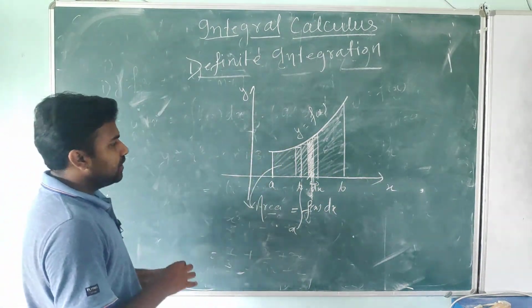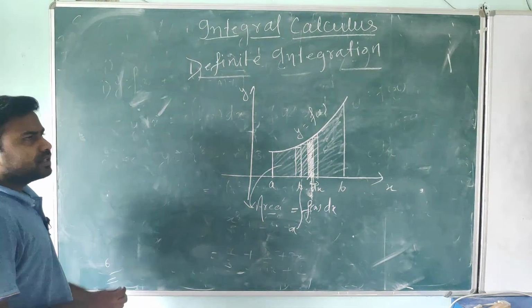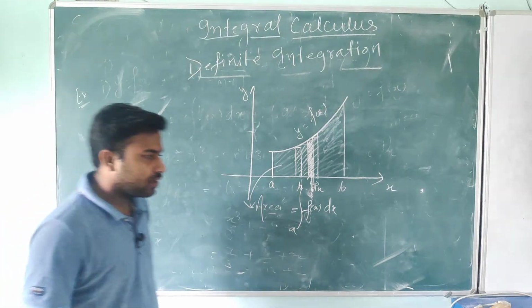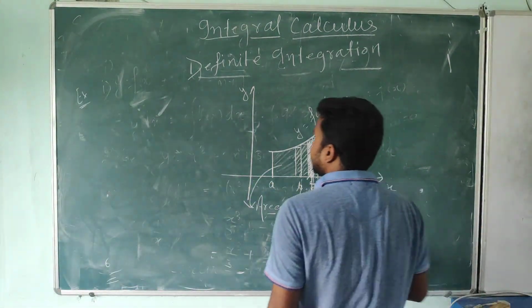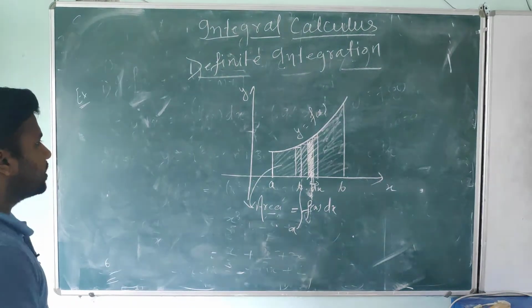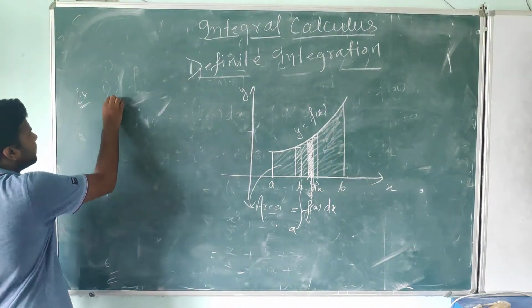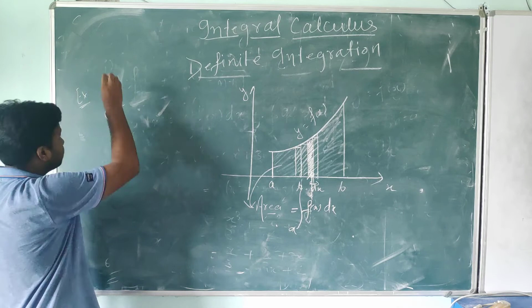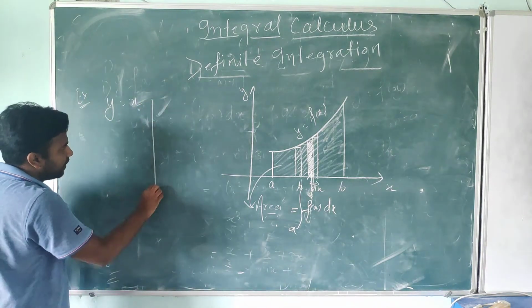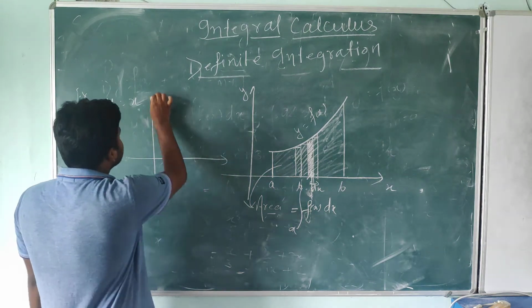Okay students, now I am taking an example. First I will find the area using the traditional or normal geometric method, and then I will try to find the area using this, so you understand how the area is coming. Like I am taking a function y equal to x. A very simple function, because we all know the graph of this function. Y equal to x function.